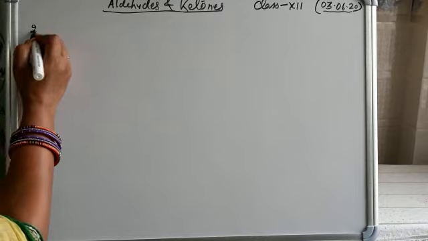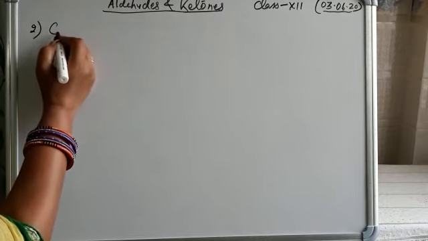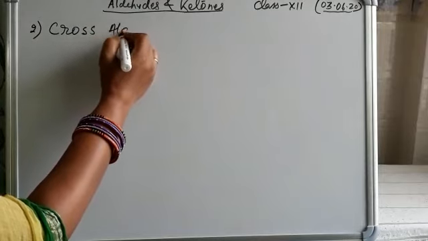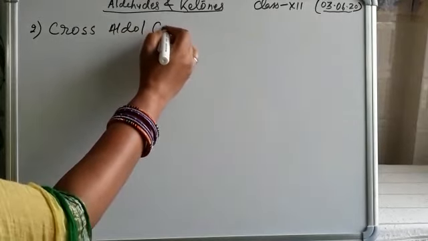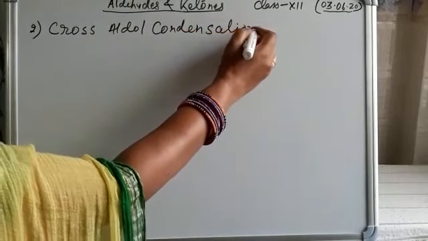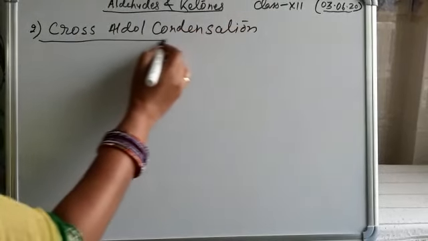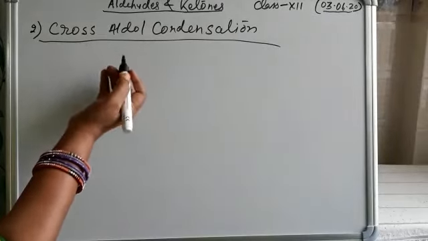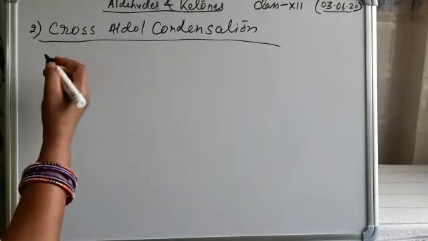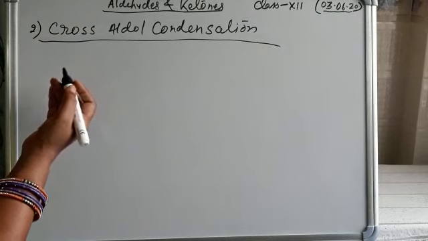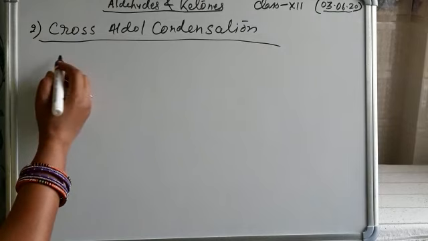Next topic is cross aldol condensation. In cross aldol condensation, two molecules are involved in the reaction, either both have alpha hydrogen, or only one of them has alpha hydrogen. Suppose we have